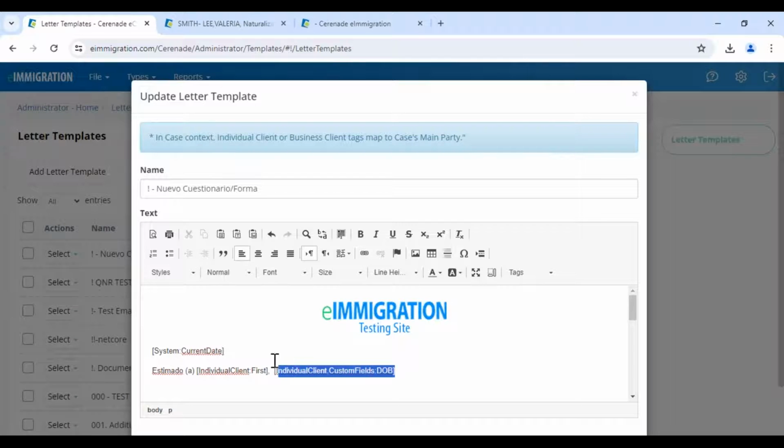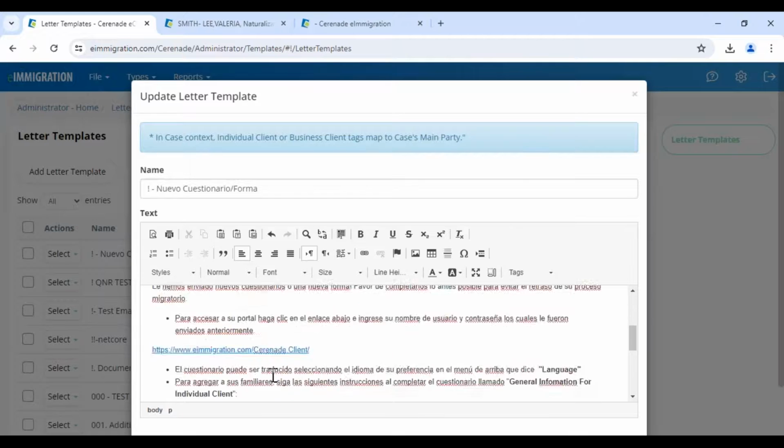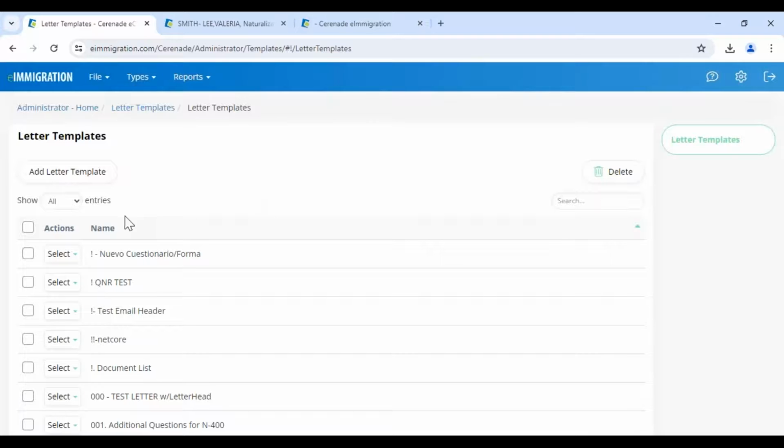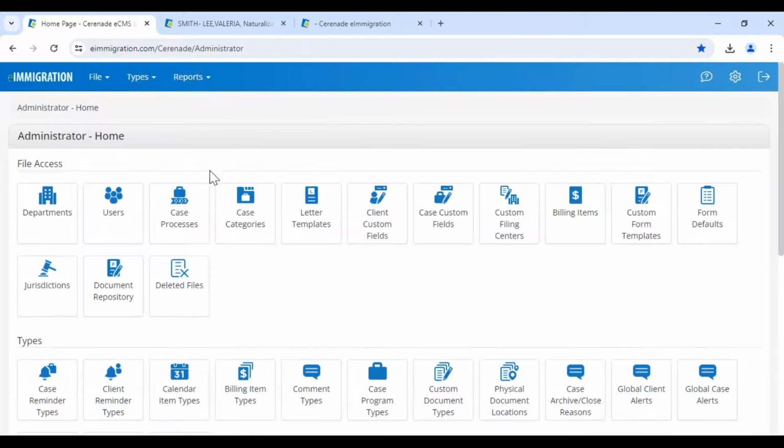These are tags that allow the system to understand what you want there. I want the client's first name, I want the current state, I want my email, et cetera. So these tags will help you auto-populate. It's called letter merge. And once you have the document, it's a lot easier because you can customize it